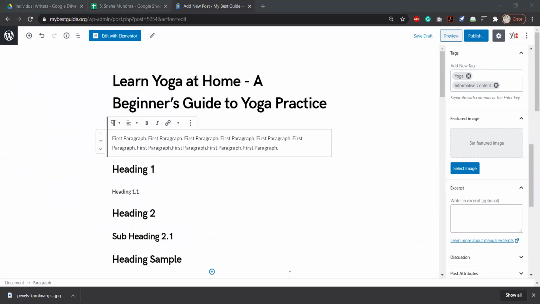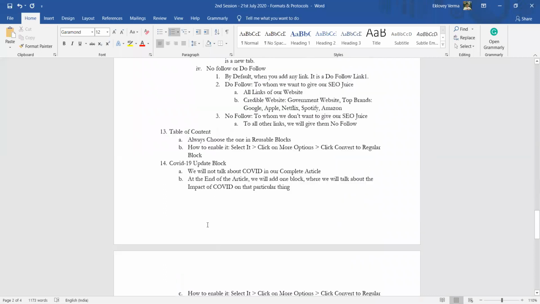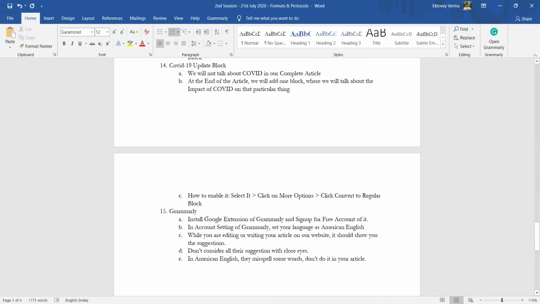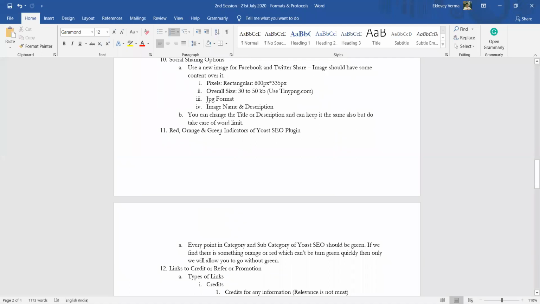अब गाइज मैं वापस अपनी वर्ड डॉक्यूमेंट पे आता हूँ और एक दो कॉन्सेप्ट और आपको सिखाता हूँ इस सेशन में, एंड फिर हम चीजें कंक्लूड करेंगे, ठीक है। सो गाइस अब मैं बात करने वाला हूँ ग्रीन रेड ऑरेंज इंडिकेटर्स के जो यूएस एसईओ में आते हैं।